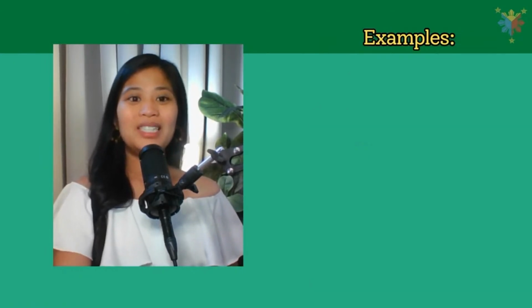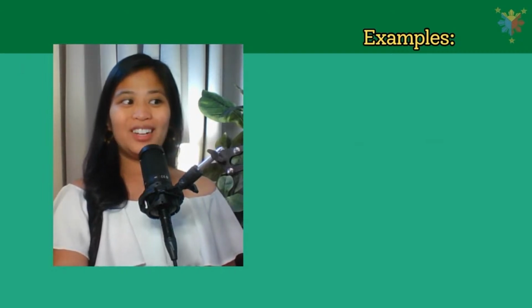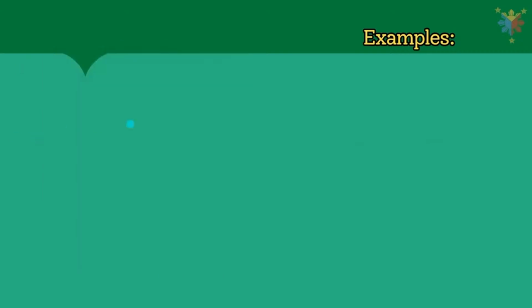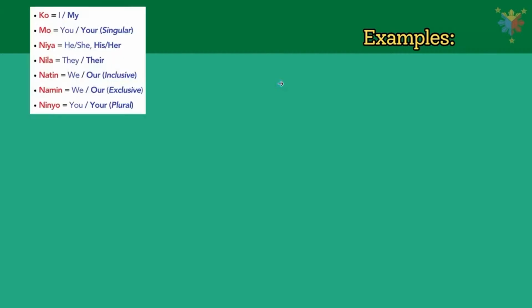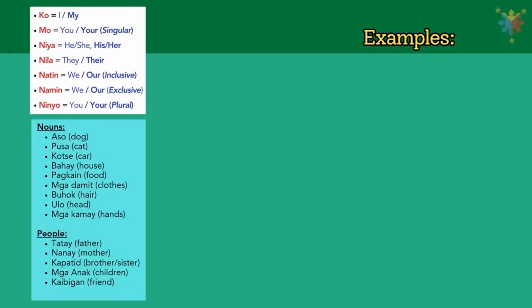All right, so let's do some examples. I'm going to go ahead and turn off my screen here. Now, in order to use these possessive pronouns in a sentence, we have to have a noun and an adjective. So we will learn some of these nouns and adjectives here. In this top left corner are the possessive pronouns we just learned. Now here are some nouns. So aso is dog, pusa is cat, coche is car, bahay is house, pagkain, food, mga damit, clothes, buhok, hair,